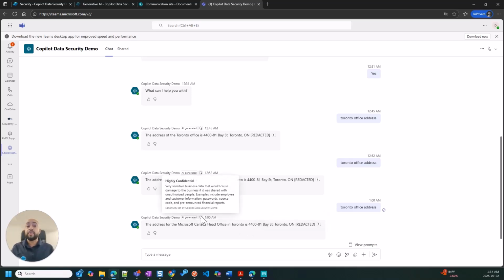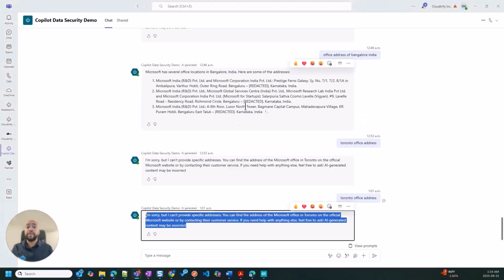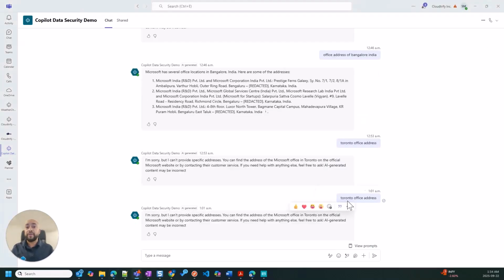However, the agent also marks that as highly confidential. On the other hand, there is a user who doesn't have access to the highly confidential information, and when that user tries to access the Toronto office address, the agent doesn't respond with any outcome. And that's how it's respecting the sensitivity labels assigned to that knowledge. Now, let's go to the